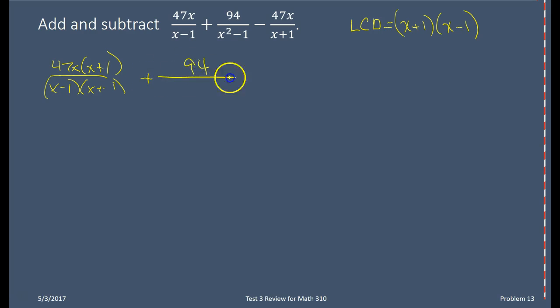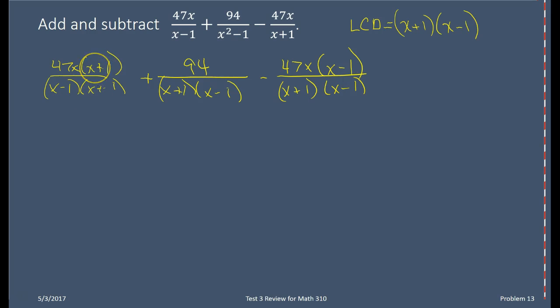All we're going to do is factor out the denominator. And then the last term, 47x over x plus 1, is missing the x minus 1, so we multiply numerator and denominator by that. Now we have the common denominator. So let's simplify our numerators. 47x times x plus 1 is 47x squared plus